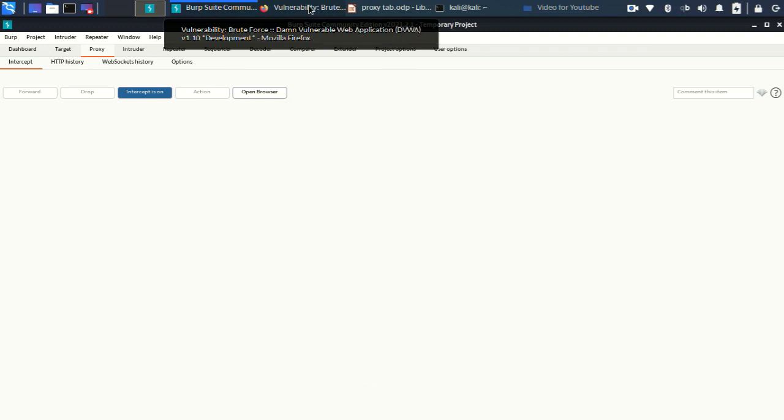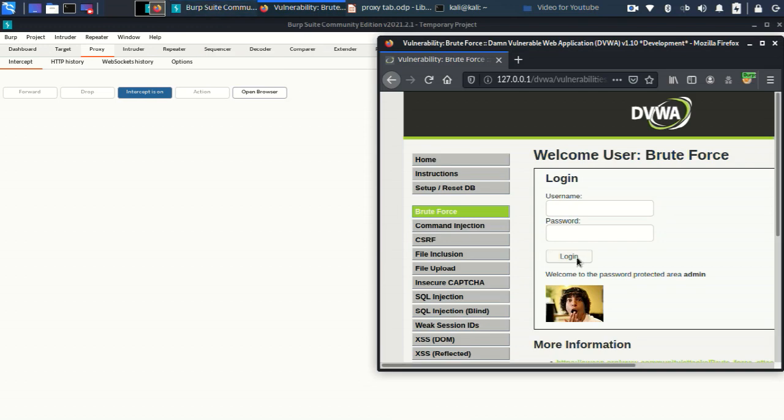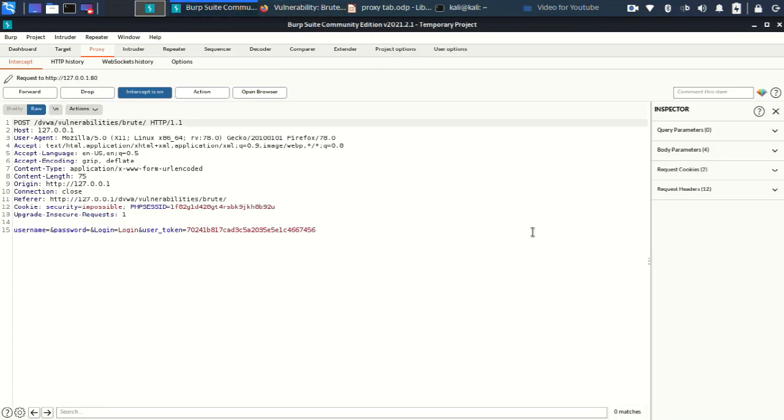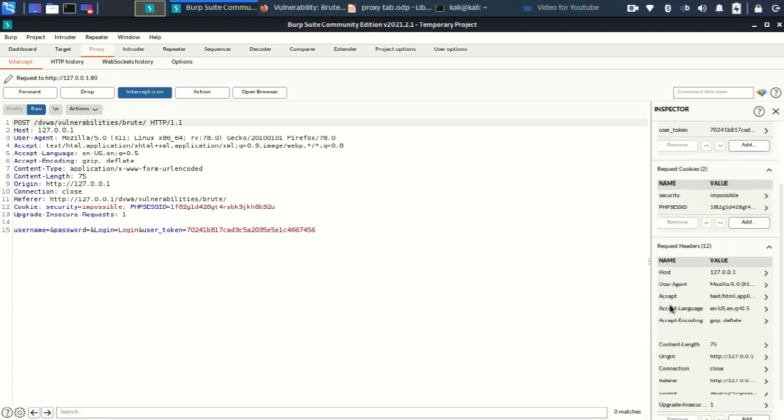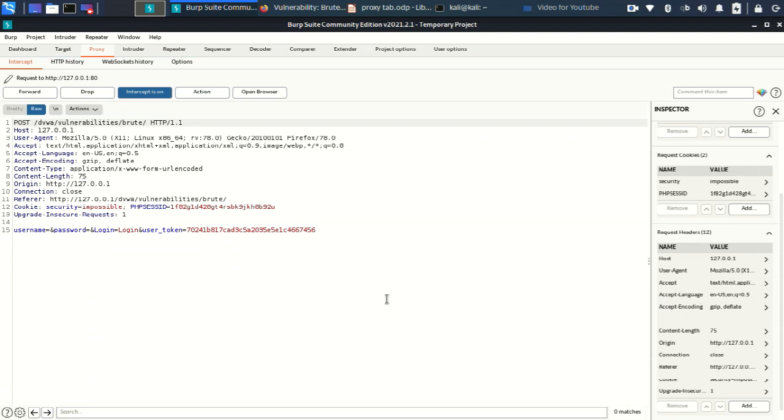I told you that there is a panel in the extreme right corner which gives you all details about headers, like what headers are there, cookies, request headers, such as host header, user agent, accept language. It gives you all the details about the headers of this request. Okay, that's it. Drop it. Next.